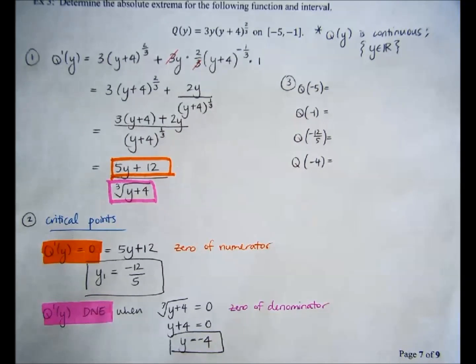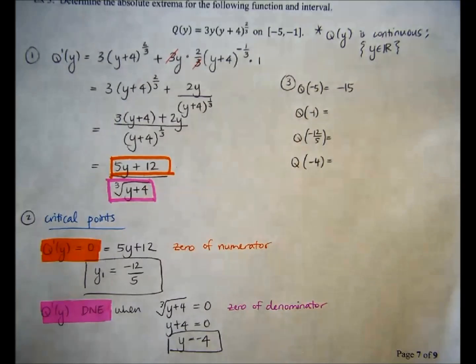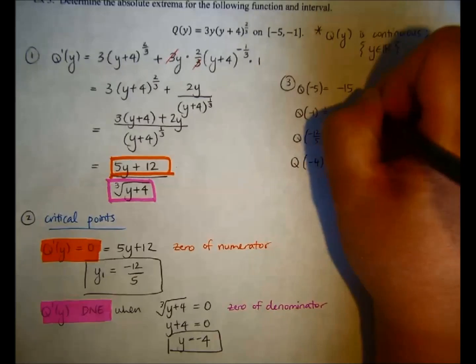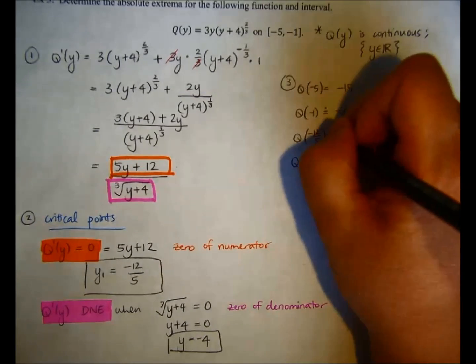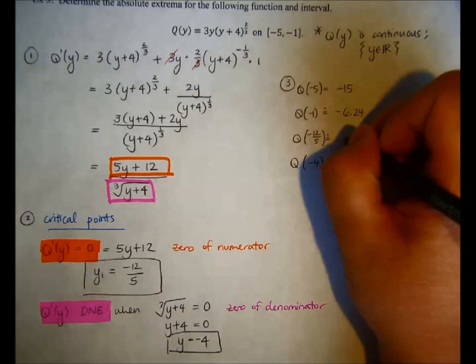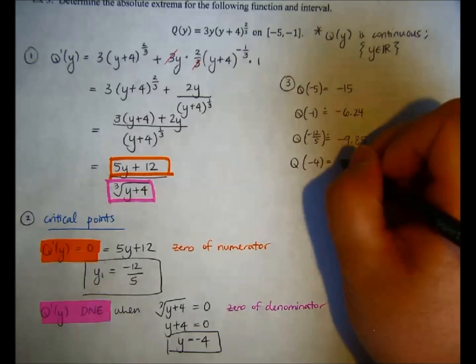Okay, so put those into your calculators and evaluate. You should end up with these answers. q of negative 5 is equal to negative 15. q of negative 1 is approximately equal to negative 6.24. For negative 12 over 5, the q value is approximately negative 9.85. And when x is equal to negative 4, we have